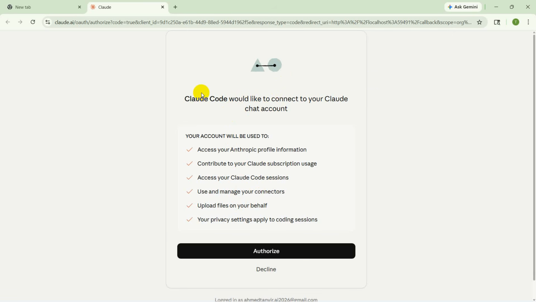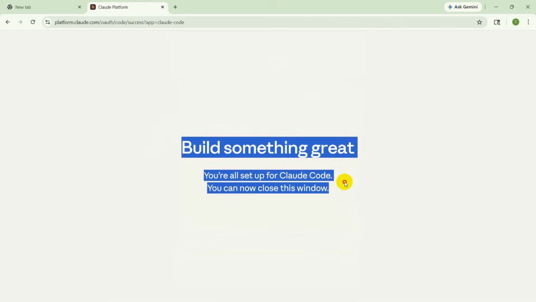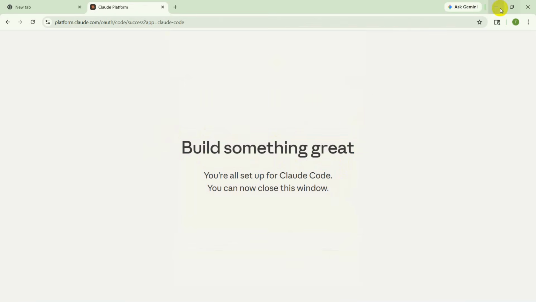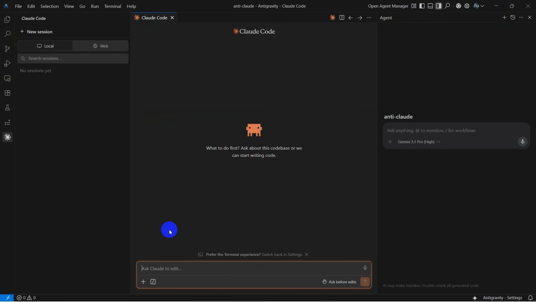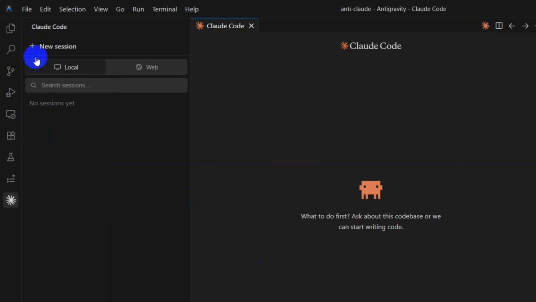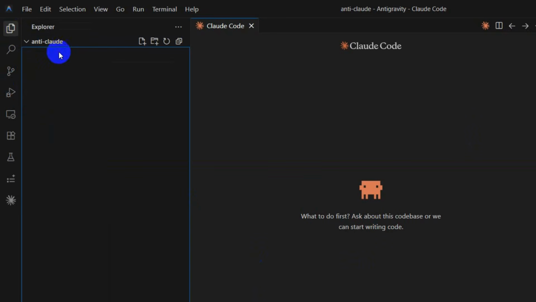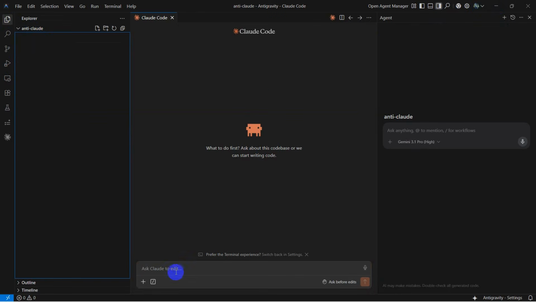Since I already logged into the Claude Code, that is why it directly took us to this page. So I just need to click here authorize, and there you can see build something great. Normally it will show you to sign up, but since I am already logged in, it didn't show us anything else. So here we're just going to give a simple prompt, but before that let me just click here the file. So here whatever Claude Code builds, all the files we will be able to see over